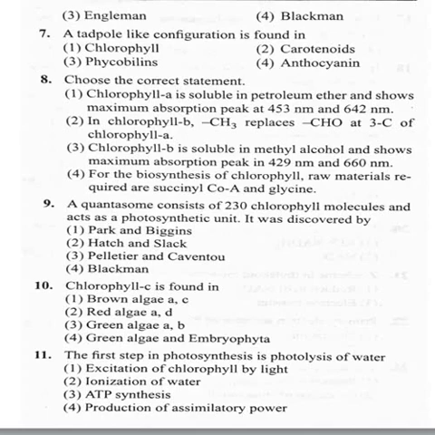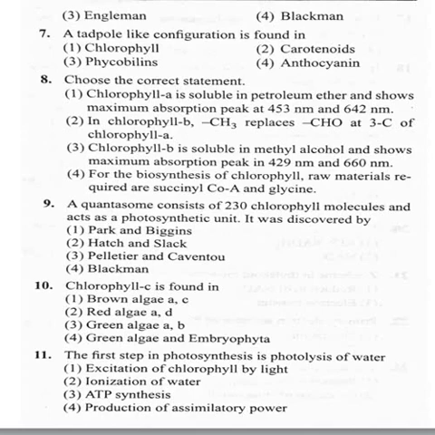So the structure of chlorophyll consists of a central magnesium atom which is attached to 4 nitrogen atoms, that is 4 pyrrole heads, and a phytol tail you can find in the structure of chlorophyll. So if you see the structure of chlorophyll, it has a head and tail which looks like a tadpole-like configuration. So seventh question, correct option 1 chlorophyll.